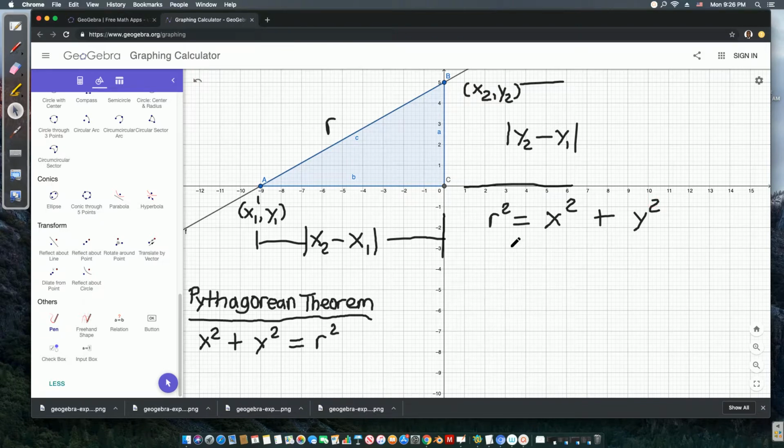And then if we start to plug in what we have here, the distance of the x is really this. So we take the absolute value of x2 minus x1, and then square it. And don't forget, right here we have r squared